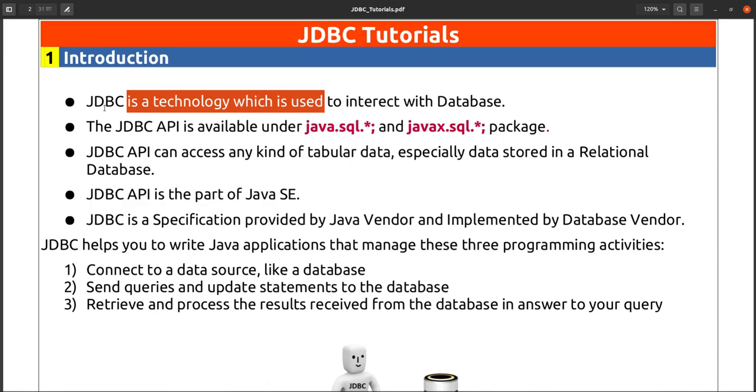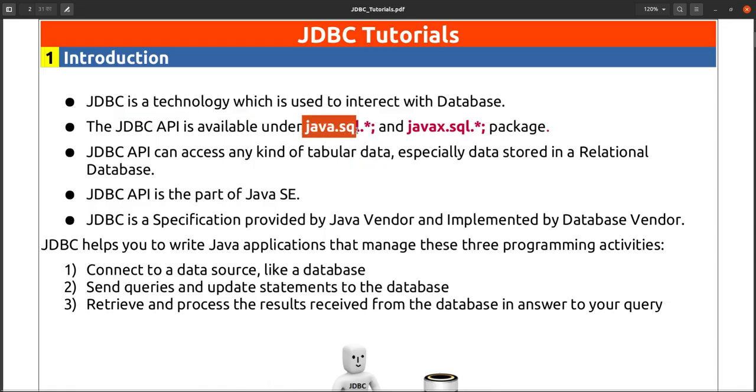So what is a database? A database is nothing but the storage of data. JDBC API is available under the java.sql and javax.sql packages.